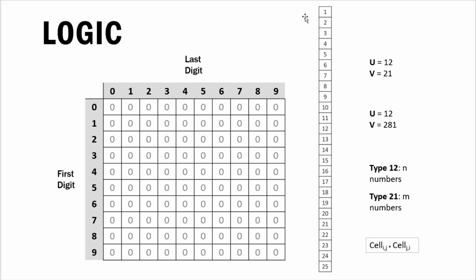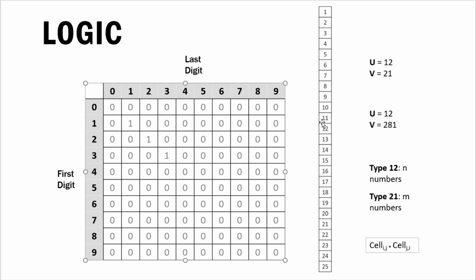In order to fill in the information in the grid, we can say the first digit of 1 and the last digit of 1 is 1. So in the grid we find the row 1 and column 1, and we increment the counter. Next we talk of 2. For 2 the first digit is 2 and the last digit is 2. So we find that point and we increment the counter again. Similarly we can say for 3.